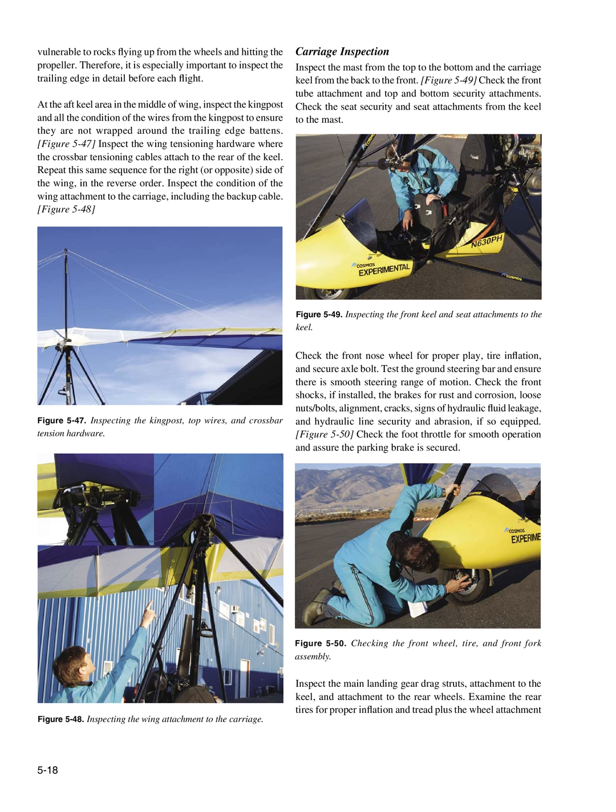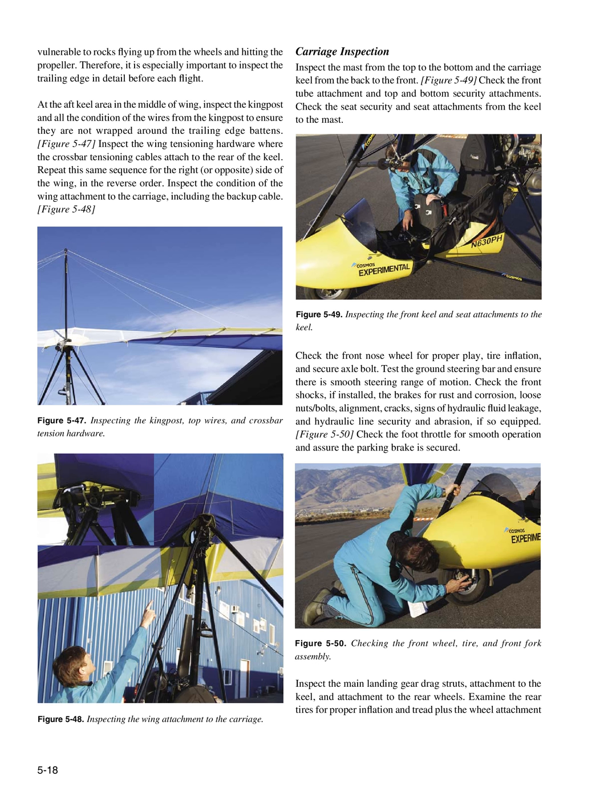Figure 547, inspect the wing tensioning hardware where the crossbar tensioning cables attach to the rear of the keel. Repeat this same sequence for the right, or opposite, side of the wing, in the reverse order. Inspect the condition of the wing attachment to the carriage, including the backup cable. Figure 548,